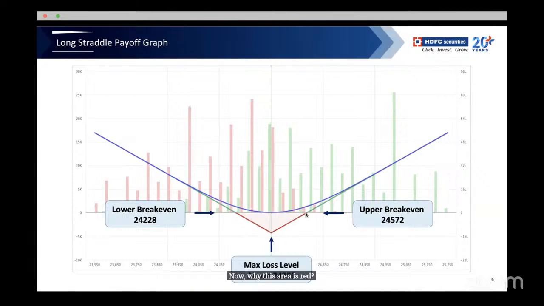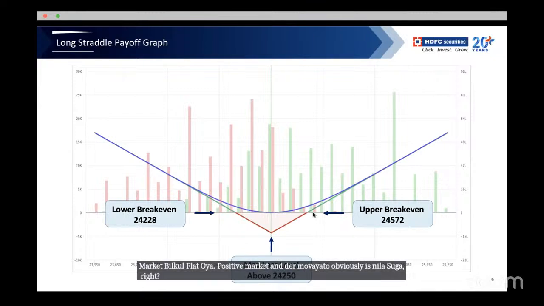Because this is where you can get the loss out of this strategy. Why? Because at the start, what did you expect? Either side big move, right? But it didn't come, the market became completely flat. So if the market moves opposite to your expectation, obviously there will be a loss in this, right?